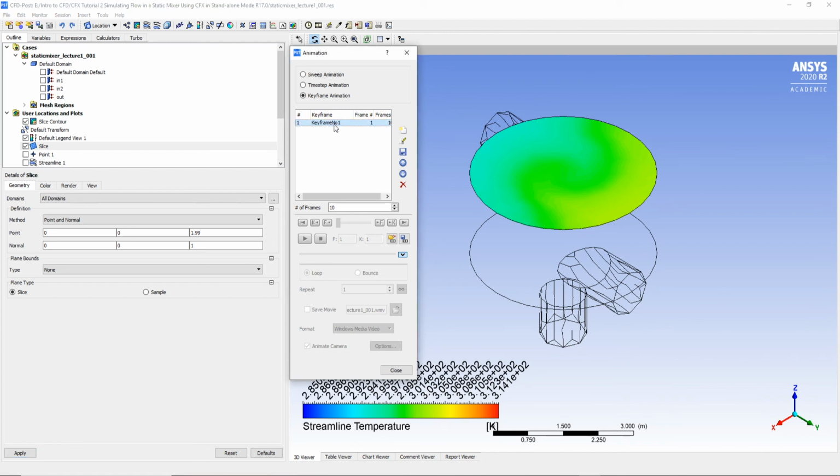Now make sure that you selected keyframe number 1 and click right here, set keyframe. So what you just did was that this image right here is the image of the first keyframe. Now what we're going to do is create our second and final keyframe. For that, you go new and go back to your slice, change it to minus 1.99, click apply,